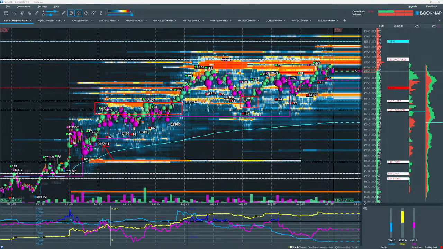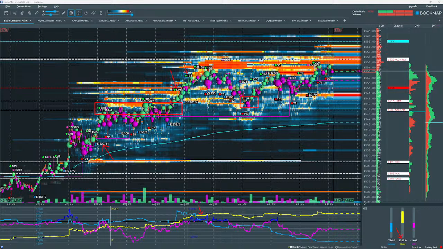And note the move higher is being supported by buy stop orders. So buy stop orders shown by the rising yellow line. Also these green dots here, these are buy stop orders helping to fuel the move higher. And note the stop number is positive here. So buy stop orders helping to fuel the move higher. All right, so that's the S&P 500, slow grind higher.